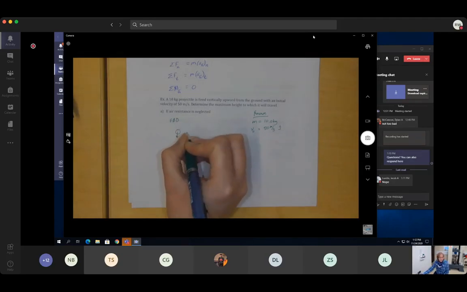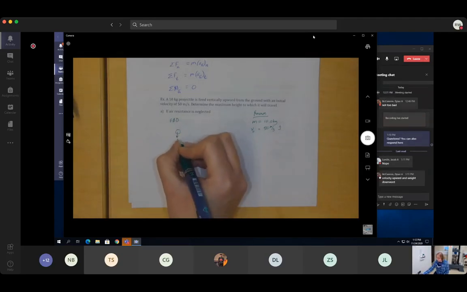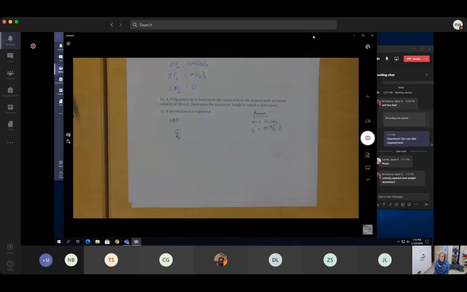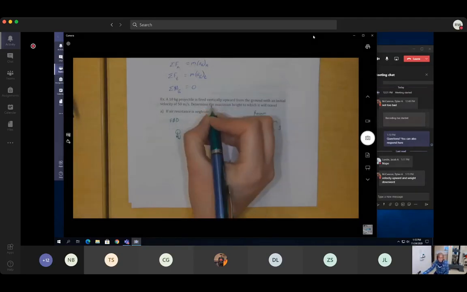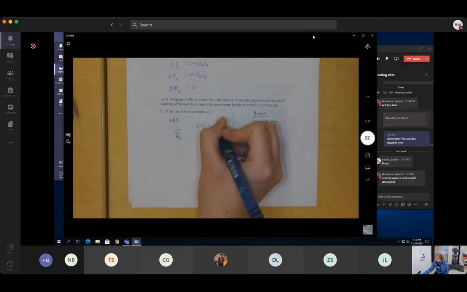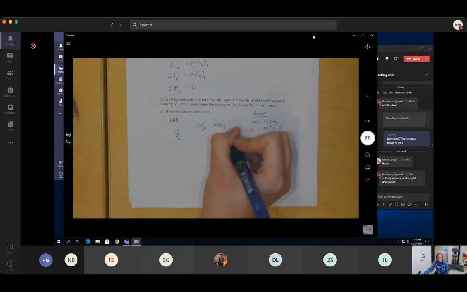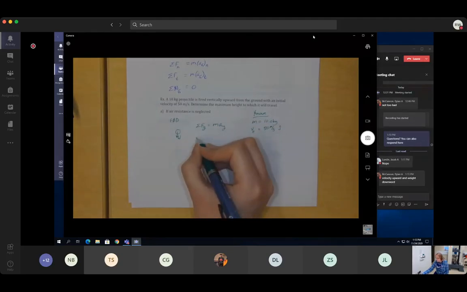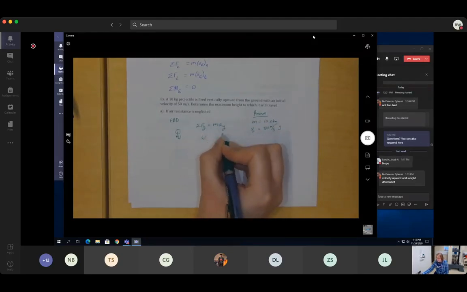We're just going to have the weight of the object, so just gravity at this point. We're not going to draw velocity onto the free body diagram. We only put forces on our free body diagram. So we've got our weight, and we know the sum of forces in the y direction gives us mass times acceleration in the y direction. We've just got weight,